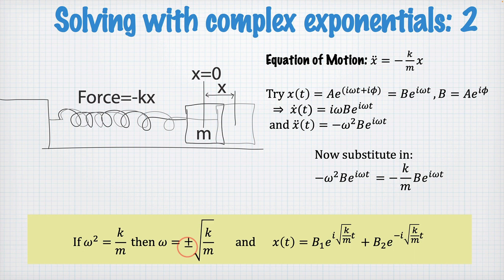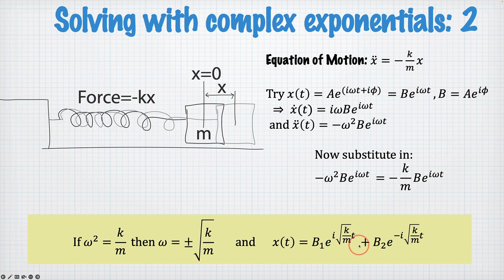Now we could have done this before, but it wouldn't actually make any difference. We still get the same solutions, just we've over-specified the solution in that case. But here we're going to take it seriously, and that means we actually end up with two possible solutions, two different complex exponentials. One has the positive root, and the other has the negative root. And these two functions, one with a positive imaginary exponential, the other with a negative imaginary exponential, both solve the differential equation. So we must take a linear combination of this function and this function with different amplitudes out the front,